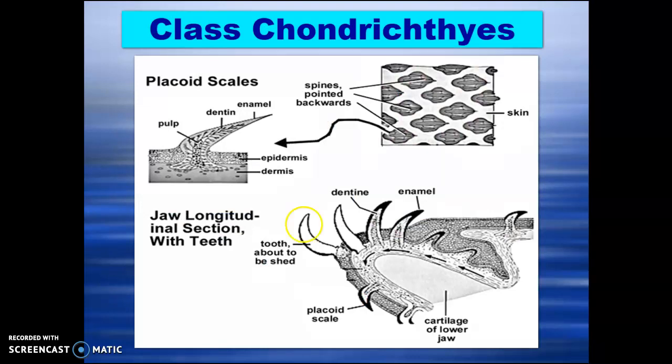Again you can see the follow-up of placoid scales. Here you can see the structure. It has a pulp region, dentine region, and enamel. It is similar to that of human teeth. In the case of evolution, they say human teeth are reflected from the phylum fishes. Here you can see the scales are arranged with certain distances.